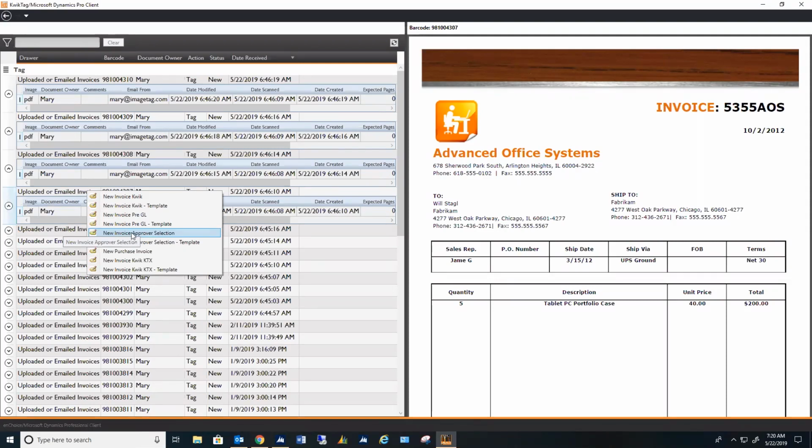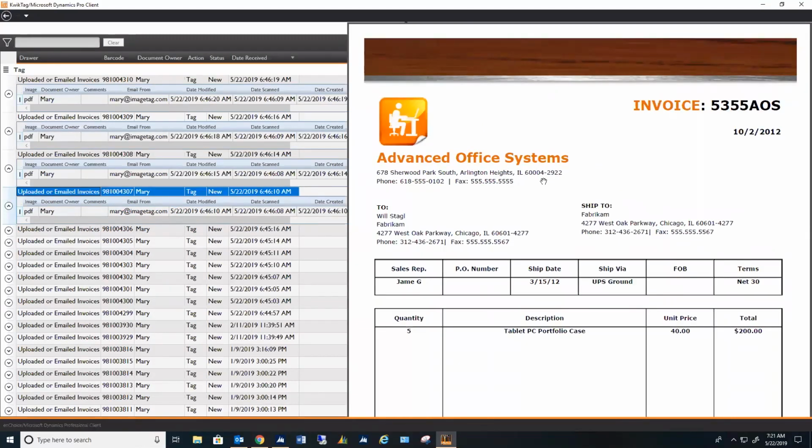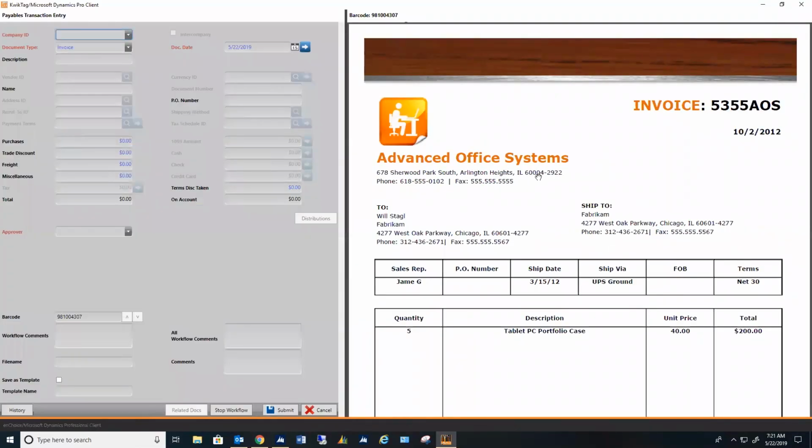We'll pick New Invoice Approver Selection because I can see who this invoice is from. I can see that it's addressed to somebody at Fabricam in our GP company, and I know that office supplies get approved by the same approver all the time. So I'm going to pick New Invoice Approver Selection. So that's all that means, is we're going to pick a workflow based on what you're looking at on this invoice, okay? Now, I'm going to do some simple data entry that's very connected to GP,